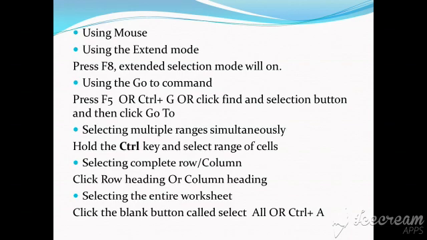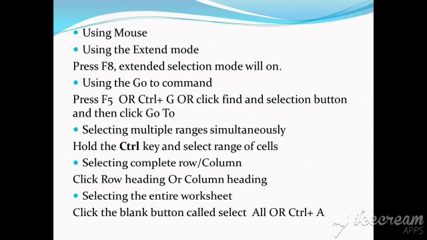Then we have selecting a complete row and column. For that, we just have to click on the row heading and the column heading. If I want to select a specific column, I just have to move my mouse pointer to the head of that column. For example, if I want to select column B, I move my mouse pointer to the head of B and select it there.